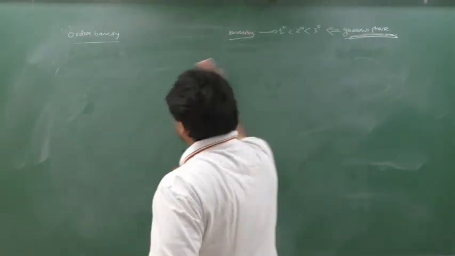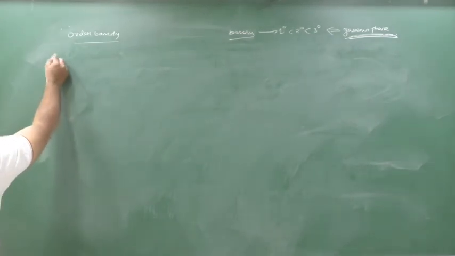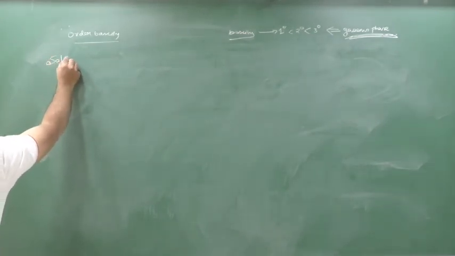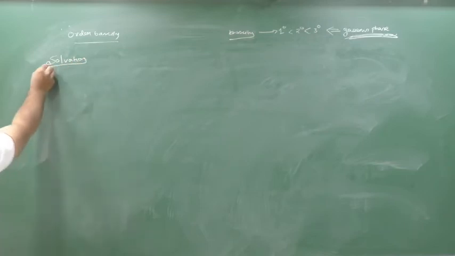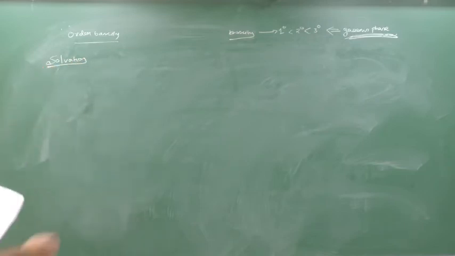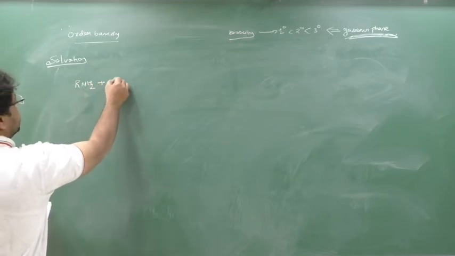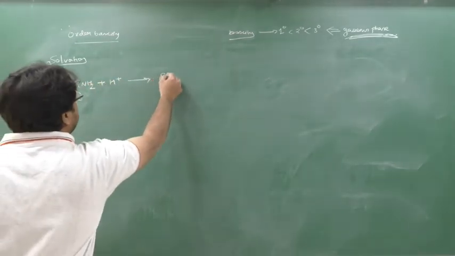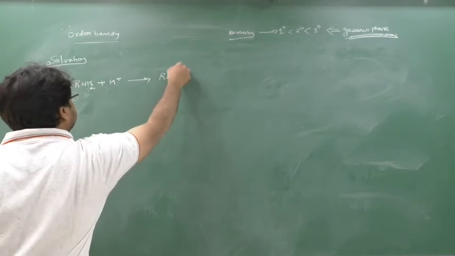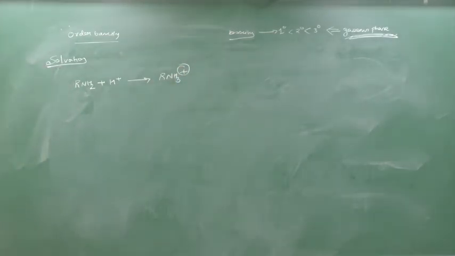We'll see in the liquid phase. So that liquid phase, or the aqueous form, instead of aqueous I am writing here solvation. Solvation means in water. So see, first you will see this. Suppose here RNH2, this is basic, and when I give here H plus, it will form RNH3 plus. Clear this part? Now how to check it out?